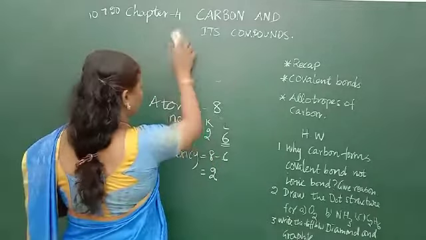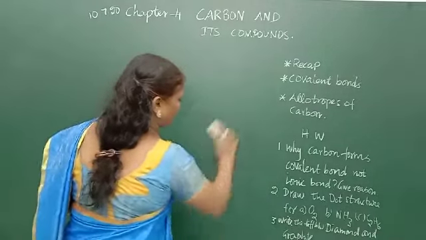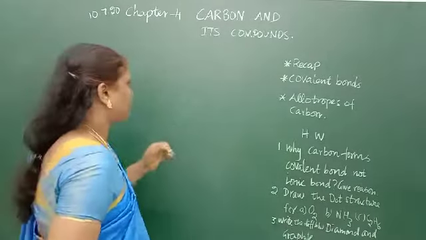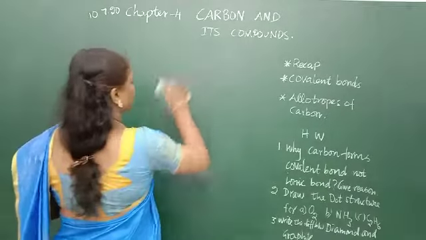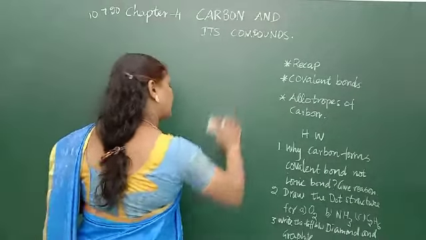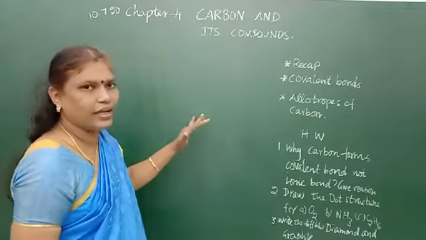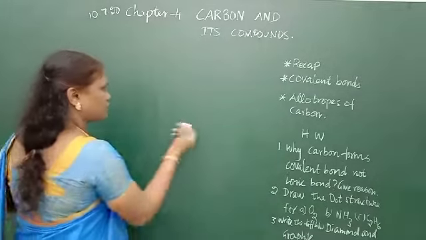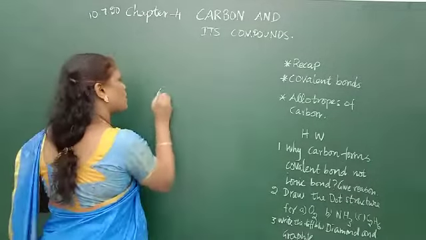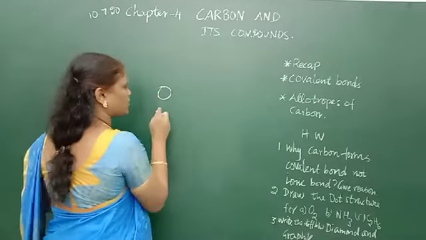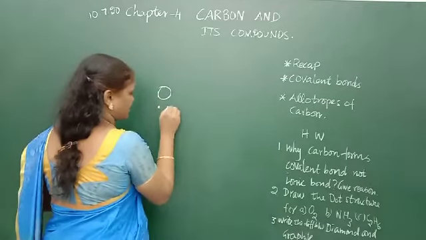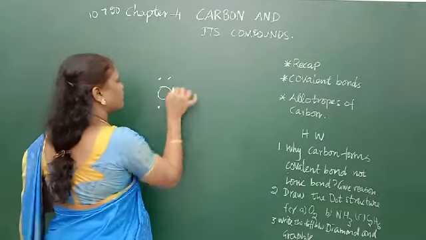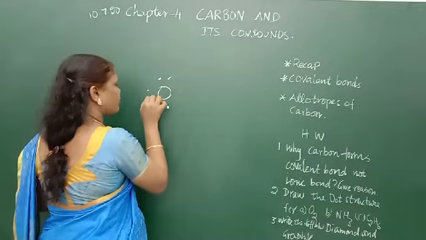Okay, what is dot structure? Now I have drawn, no? So using dots, I am representing the electrons present in the outermost shell. Need not worry about the innermost. We have seen now 2,6. So oxygen has how many electrons in the outermost shell? It has 6. How many does it need? 2. Okay, I have drawn for one oxygen.